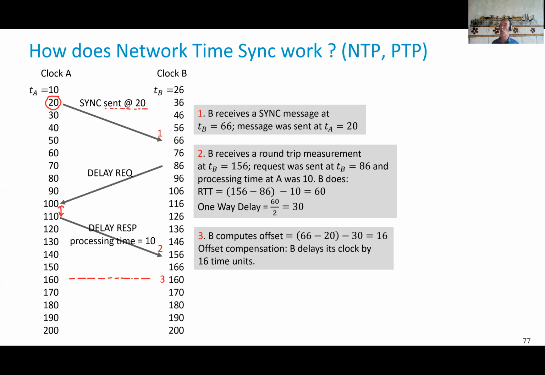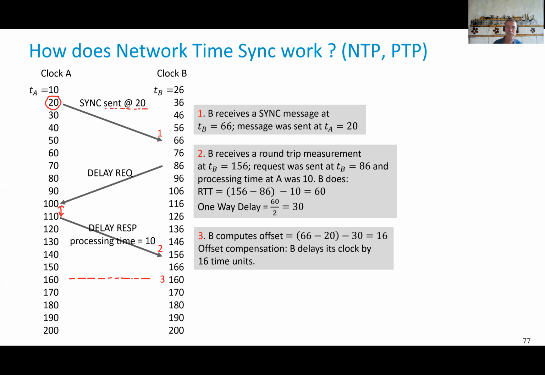Is the round-trip time? Well, not exactly, because of course we cannot assume that A takes zero time to receive the message, parse it, realize it's a delay request message, and send it back immediately. So this delay is polluting the measurement of the round-trip time if it's not correctly accounted for. So what A will do, it will estimate the time spent between receiving this message and sending the reply,